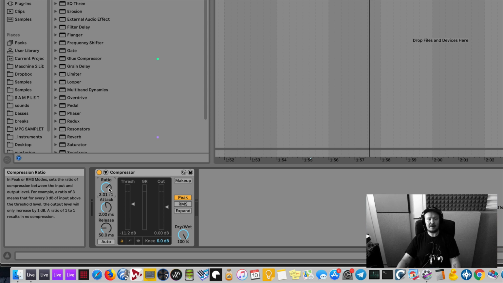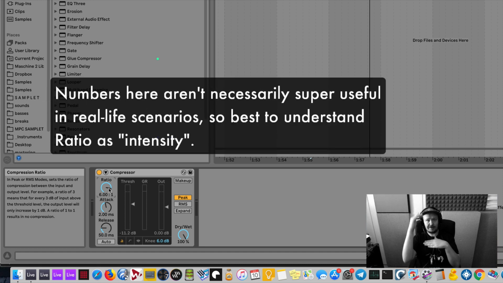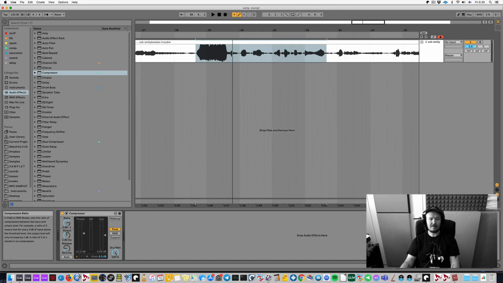For every 3 dB of input above the threshold level, the output level will only increase by 1 dB. So if you set it to 6 to 1, it would mean that the level has to exceed the threshold by 6 dB to result in 1 dB of gain actually going above the level. So it is even more intense. I do usually teach numerical values when it comes to operating with these things because people cling to numbers and it's not always helpful. But what matters is that you understand the basics, like what it is, and it is